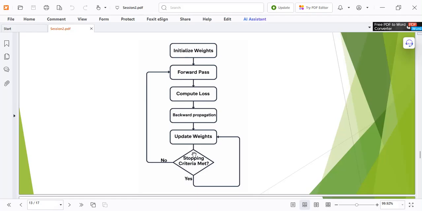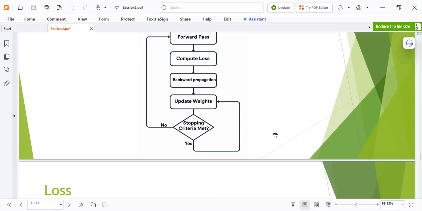So it means if we reach the end of the epochs, or if we have some value for the loss, and if it's less than that, then we're going to stop it. Okay.